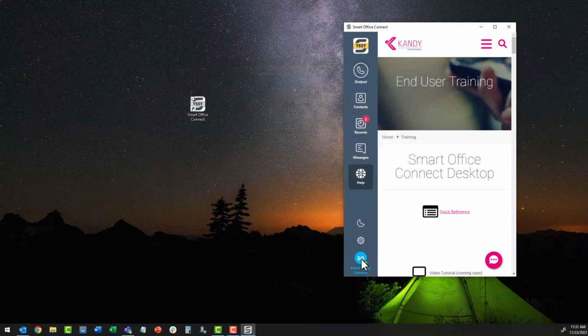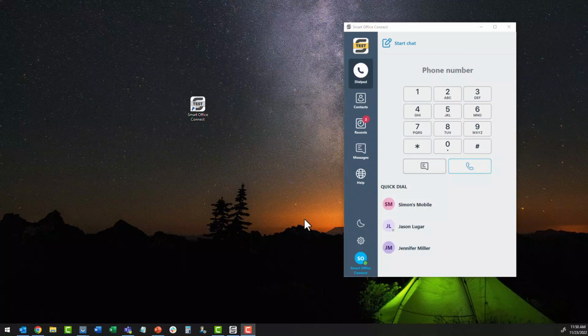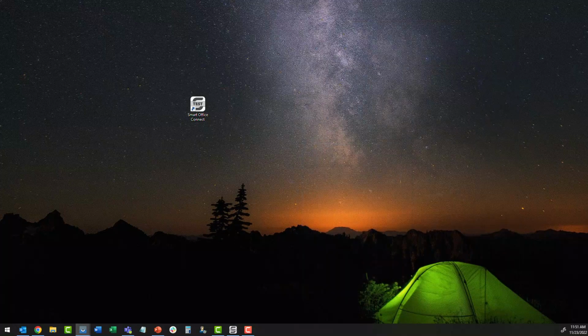The last thing we want to talk about in this section is the SmartOffice Connect button down at the bottom. You'll see in the example on the screen a green icon indicating that I am currently connected and registered back to the network. Now that we've taken a look at the desktop application, let's minimize that and take a look